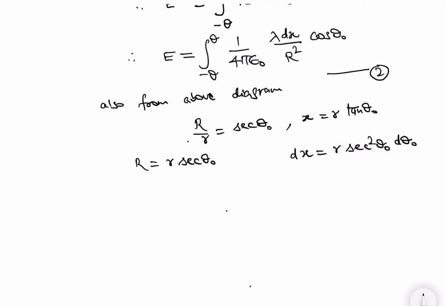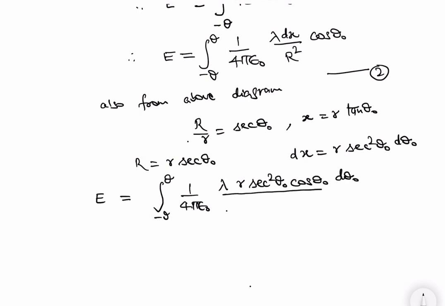Now substituting these values in equation 2, the electric field becomes integral from minus theta to theta of 1 by 4 pi epsilon naught lambda r sec square theta naught cos theta naught d theta naught divided by r square sec square theta naught, which eventually gives